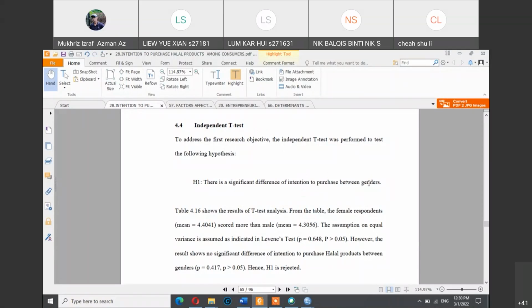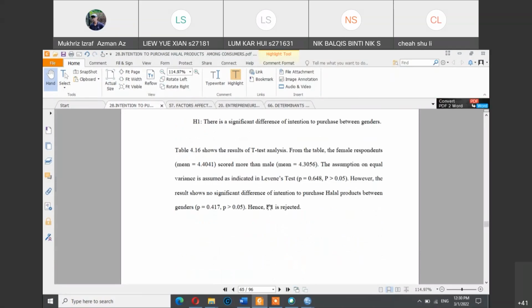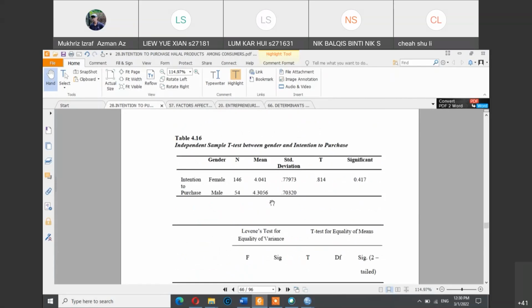And you can test according to different factors. If you have 3 factors, for example like in this particular thesis, you can test the intention to purchase or factor salary, factor gaji, factor harga barang, whatever factor in your Likert scale section, and you can do the t-test